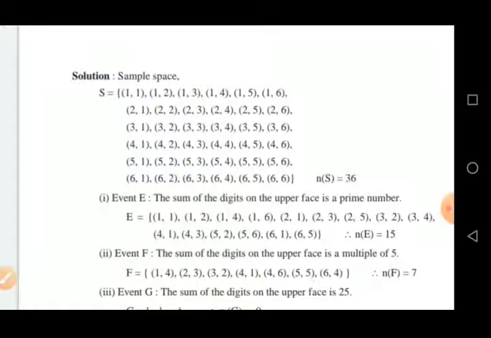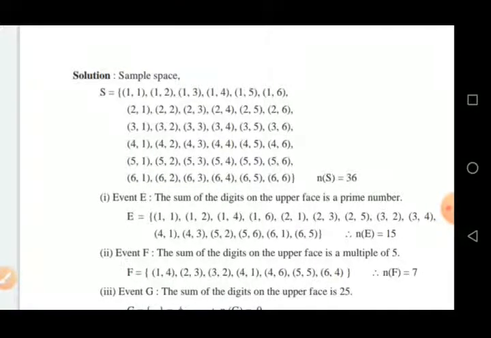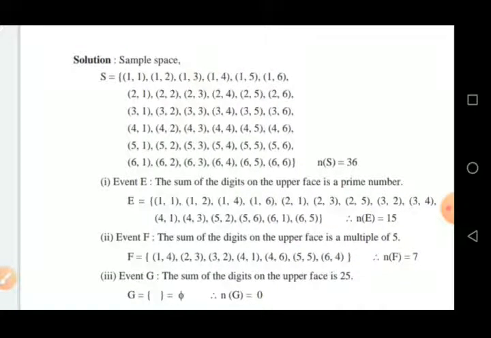The sample points that come in this event are E is equal to, in curly bracket, (1,1), and the sum is 2 and 2 is a prime number, (1,2). 1 plus 2 means 3 and 3 is a prime number, (1,4), (1,6), (2,1), (2,3), (2,5), (3,2), (3,4), (4,1), (4,3), (5,2), (5,6), (6,1), (6,5).